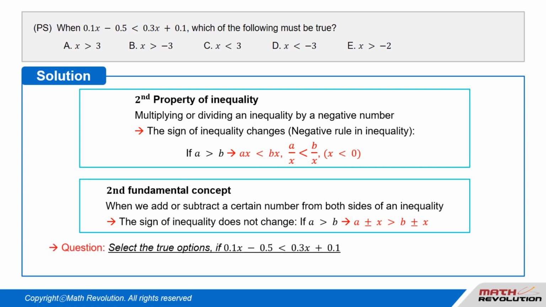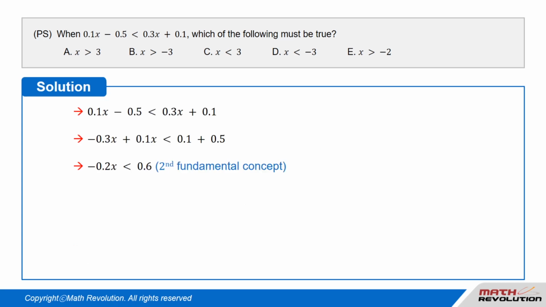We are required to find the option that is true when 0.1 times x minus 0.5 is less than 0.3 times x plus 0.1. It is like grouping the same types. Group those with x's and group the numbers. Thus, simplifying the inequality 0.1 times x minus 0.5 is less than 0.3 times x plus 0.1, we get negative